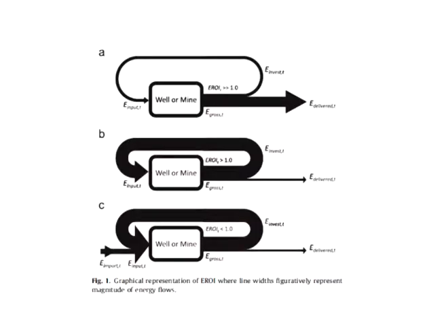So if you're at the top of this graph, you have a little bit of energy input. That's the small arrow going into the well or mine. You create the well or mine and you get a ton of energy out. So the thick arrow moving to the right is the energy exported. A little bit of energy needs to be invested back into the mine. So we might have a coal mine that's producing coal, but it uses trucks and shovels that all run on diesel fuel. So a little bit of energy in, a lot of energy out. That's usually what happens when a new energy technology that's very profitable starts. It has a high